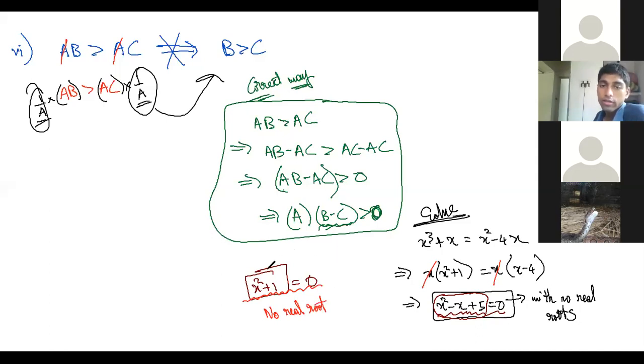Of course, it doesn't have a real root. It has a complex root, which is under root of minus 1. But generally, because we are not doing complex numbers, we say that this equation has no real root. Now, if you are able to understand the logic behind this, x square is always greater than or equal to 0. Therefore, x square plus 1 can never be 0. If you are able to digest that, then understand that this is also something similar. x square minus x plus 5 is also such an expression which can never be 0. How do you understand that? We'll discuss later in quadratic equations.